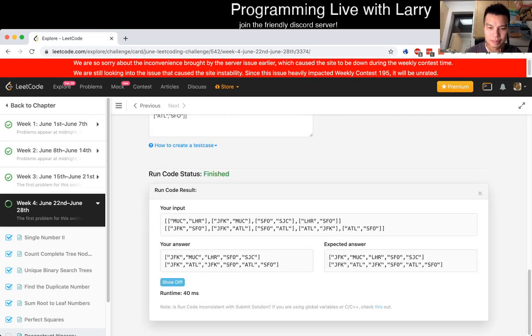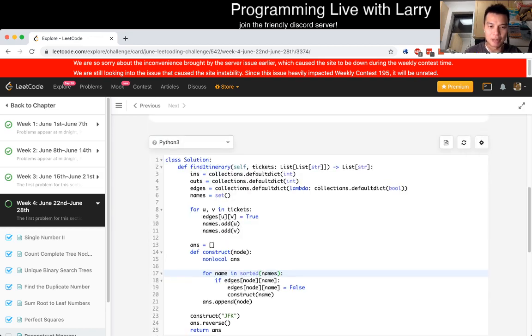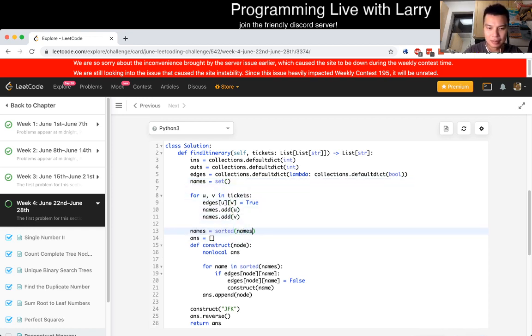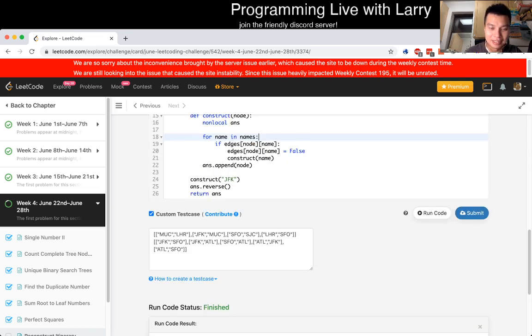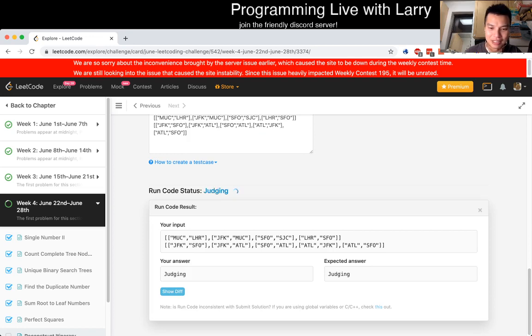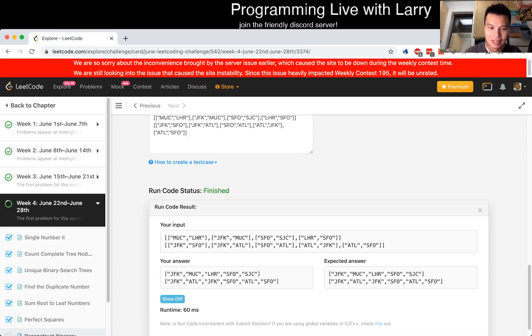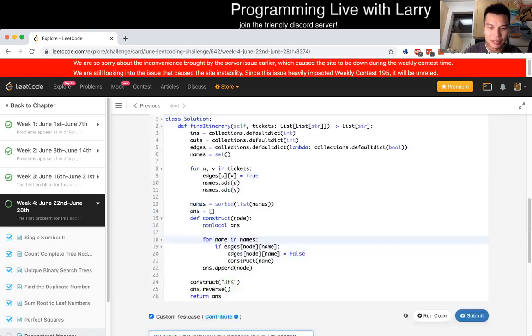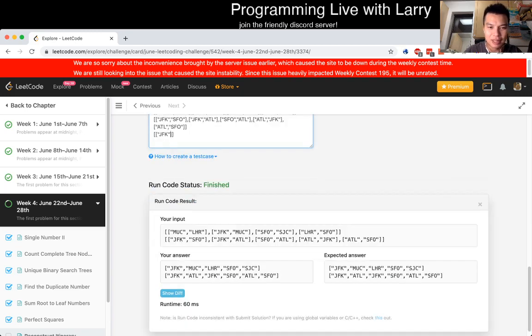Okay. Don't like the performance of this, so I'm going to just change names as you go. This is very ugly, by the way, but just trying to figure out a working thing first. Yeah, seems okay. Let's try some base cases of just one thing, and then maybe two things.